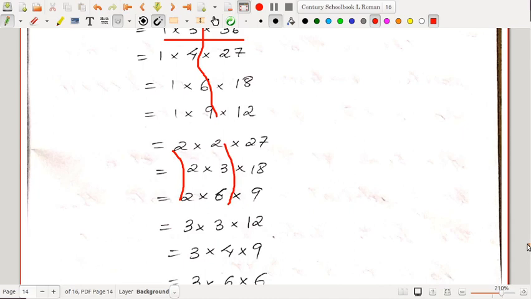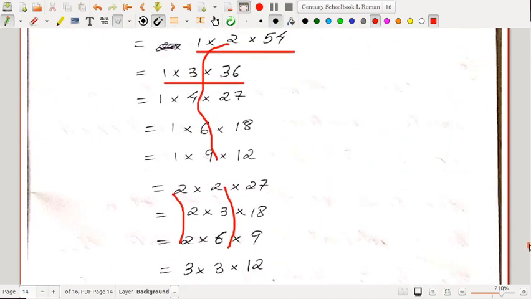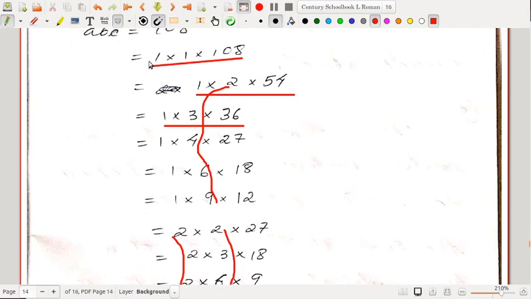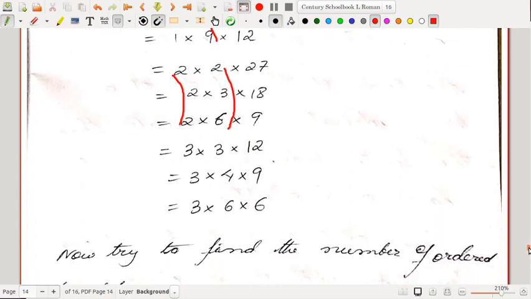So that way you will not miss any of the terms. Don't go randomly, okay. If you go randomly, there will be some mistakes. First you keep the first position fixed. First position is 1. So with 1 in the first place, how many such numbers can you form? With 2 in the first place, how many can you form? With 3 in the first place, how many can you form?